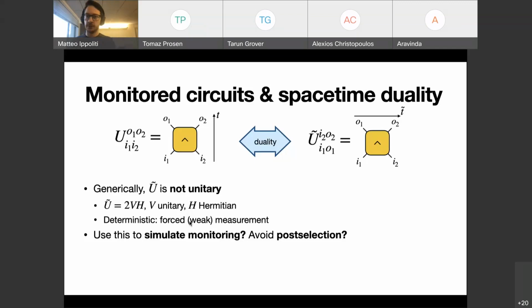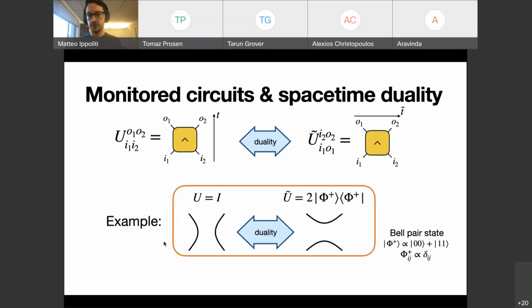So that's the idea, and it's not at all obvious that this should work at this stage, because one has to specify these circuits in reality. But to give you a little bit of a feel of how this would work, we can start from the simplest example. Take our unitary matrix to be the identity, so the 2-qubit identity matrix diagrammatically can be represented as